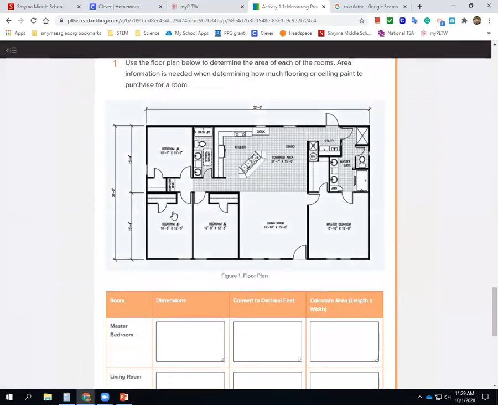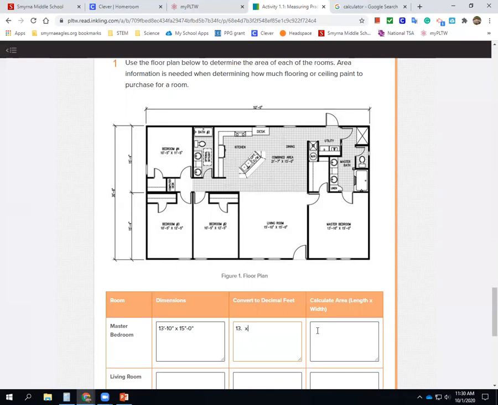On here, you're going to type in the master bedroom's information, your answer for the master bedroom, the dimensions. Then you're going to convert to decimal feet. So for example, master bedroom, you're going to write in, I think it's 13 feet, and you can click on the picture and make it bigger, dash 10 inches by 15 feet, 0 inches. So you write that in like that. Then you come over here and convert that. So into decimal feet, it's going to be 13 point something